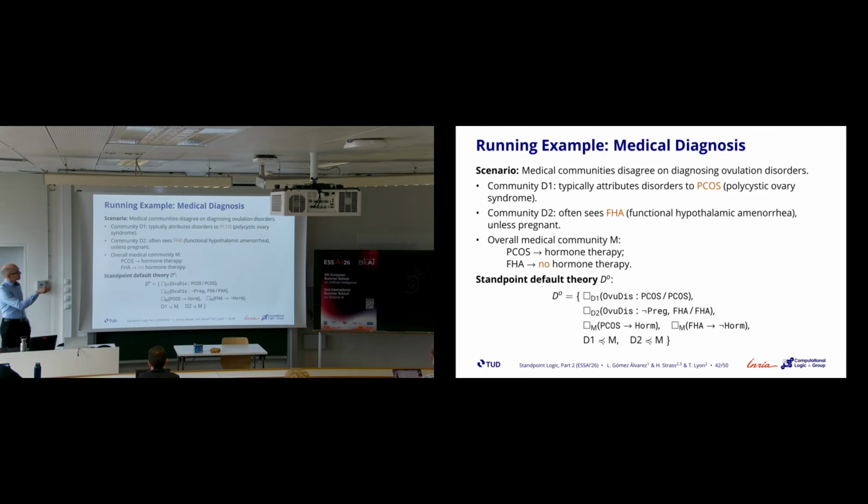So let's assume there is one community, D1, and this is simplified, but this goes back to a real problem. So in our paper, which is also on the course webpage, you can have a look at the details. So we have compressed it a bit to make it understandable, but this goes back to real problems. So we have one community